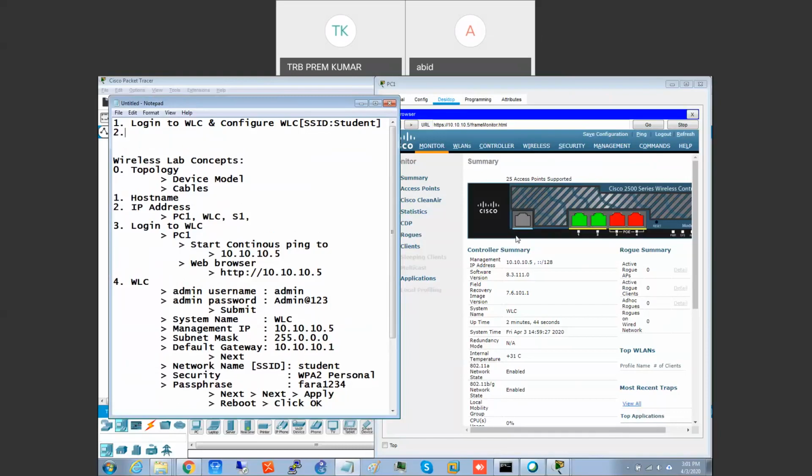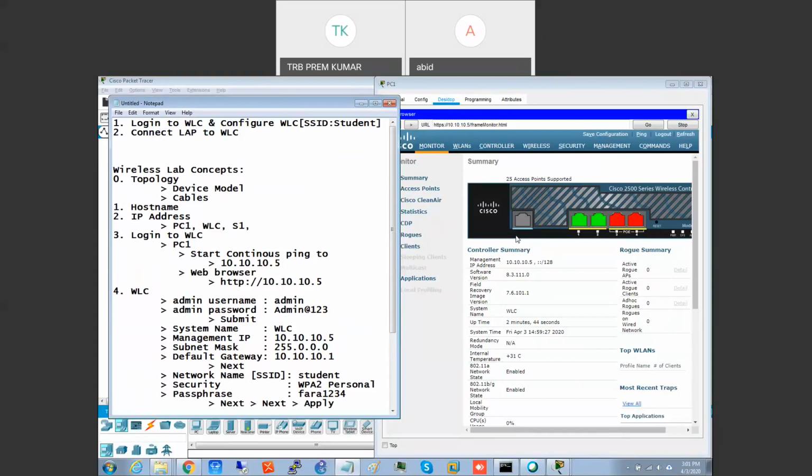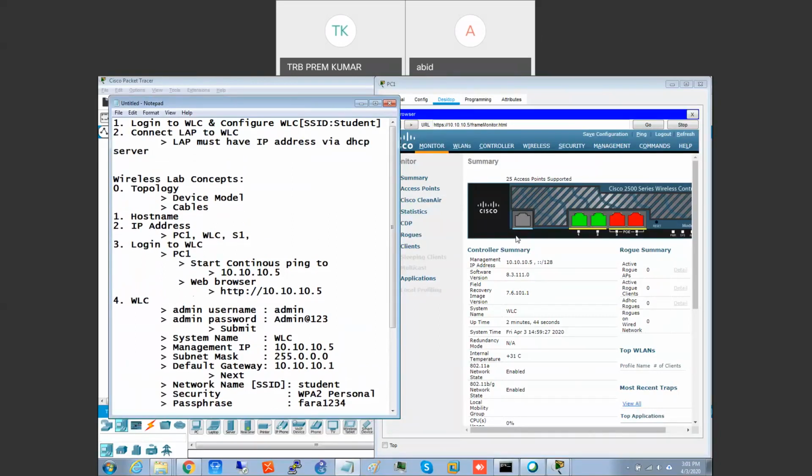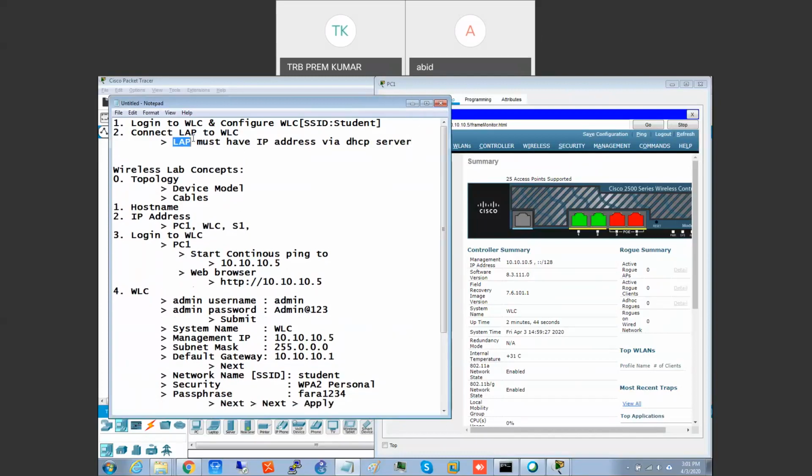Now step number 2: connect the LAP, lightweight access point, to WLC. To connect that, LAP must have an IP address via DHCP server. Remember? We need to have a DHCP server. From the DHCP server, this lightweight access point must get the IP address.